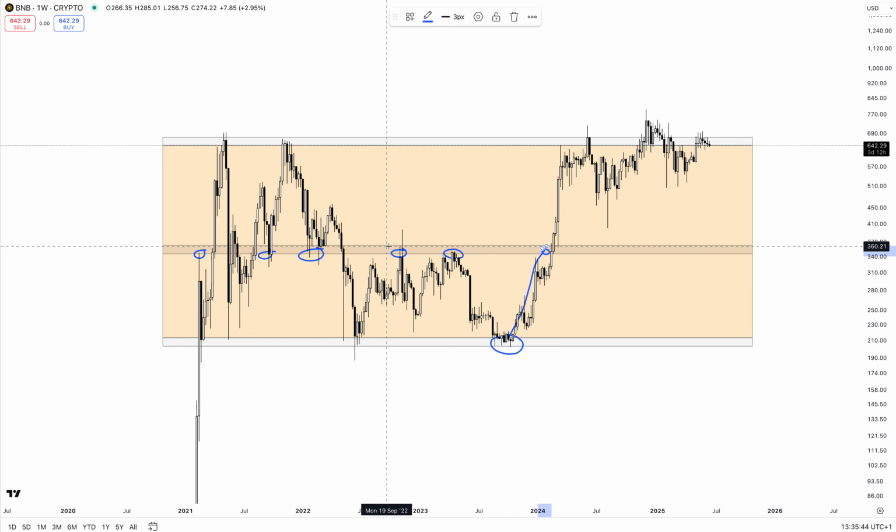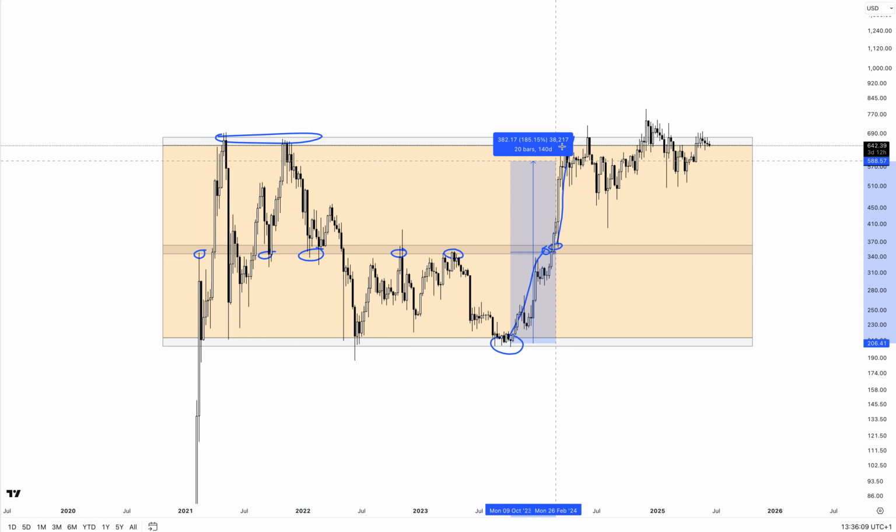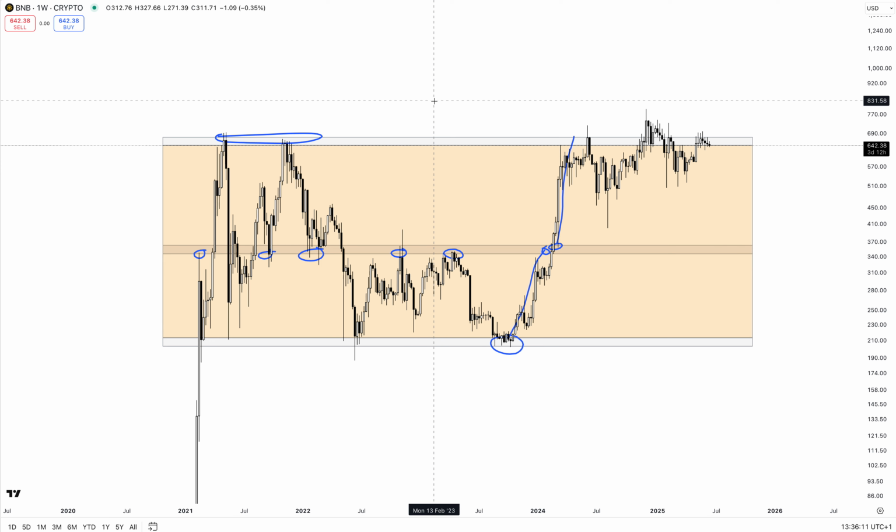And if price breaks above this level and starts to hold, which it clearly did here, and especially with this deep wick back into this region here, any price action holding above this level here gives me a trigger for a second long, with the target being these highs that were put in 2021. And if you manage to grab the entirety of this move, you are talking about a 200% move, which is